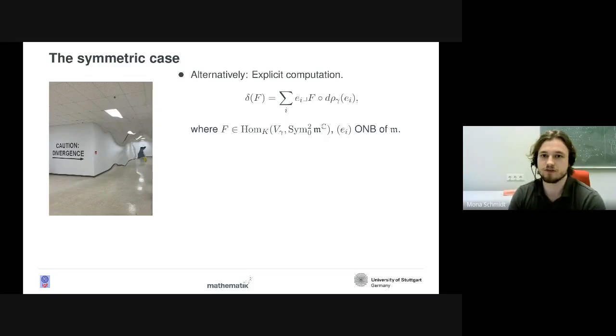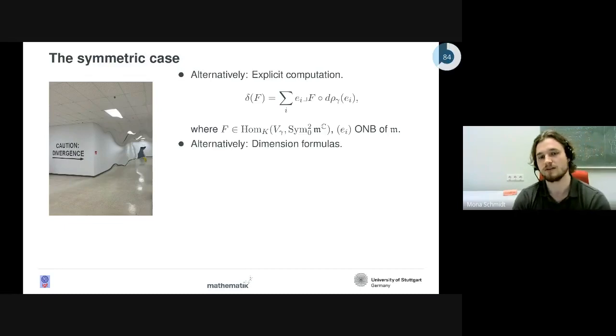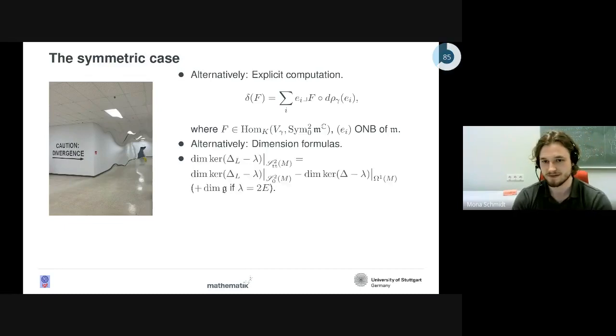Yeah, but to compute this we have to write out explicit elements of the explicit matrix coefficients. We have to do all these computations. That's pretty tedious. It's possible, but it takes some time. Alternatively, one can also use some dimension formulas that are readily available now for any potential eigenvalue of the Lichnerowicz Laplacian.